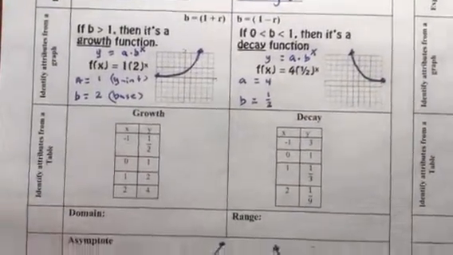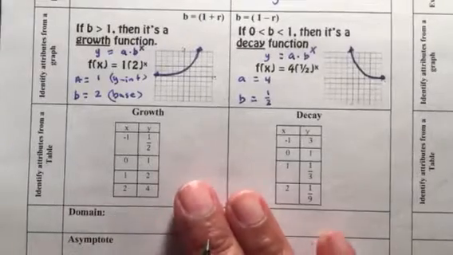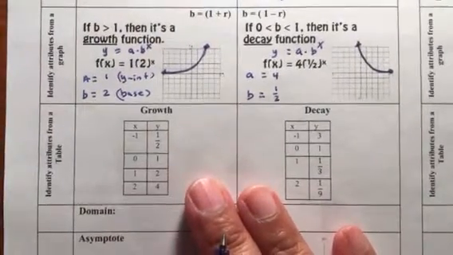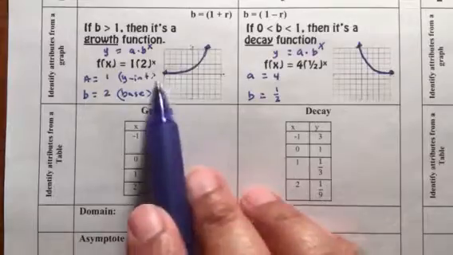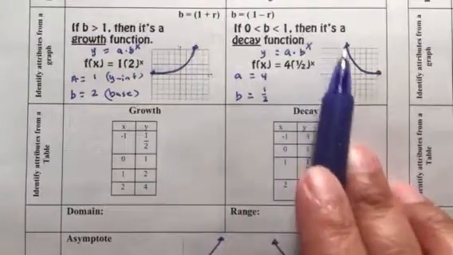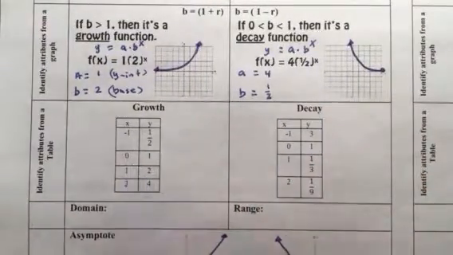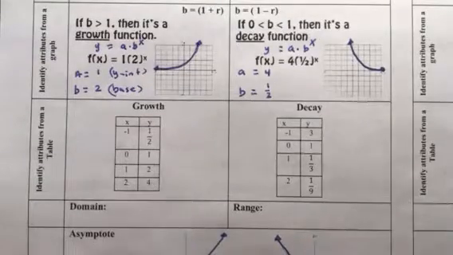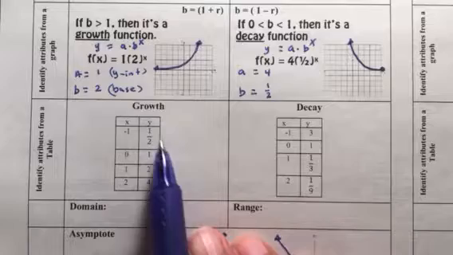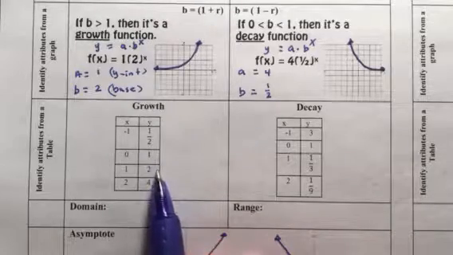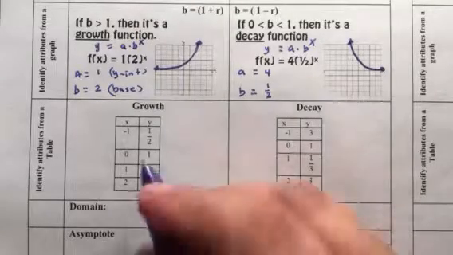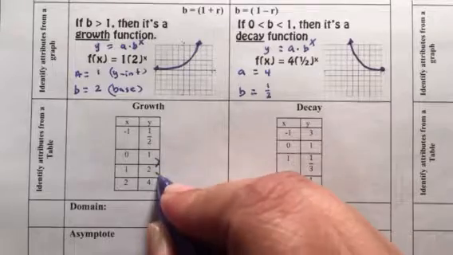Okay, let's take it a little bit further on a table. So here it's very easy to see because it's increasing and decreasing. So this is a little bit trickier because you don't see it right away. But if you look, if I go 1/2, 1, 2, 4, well, you should notice that these numbers at least are